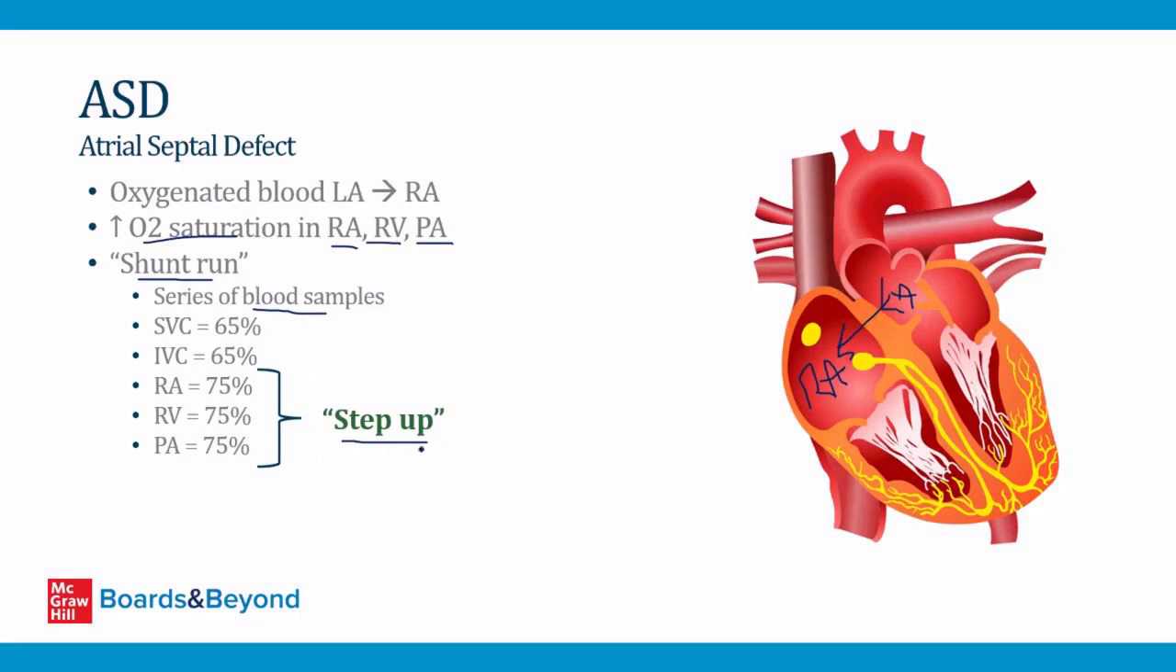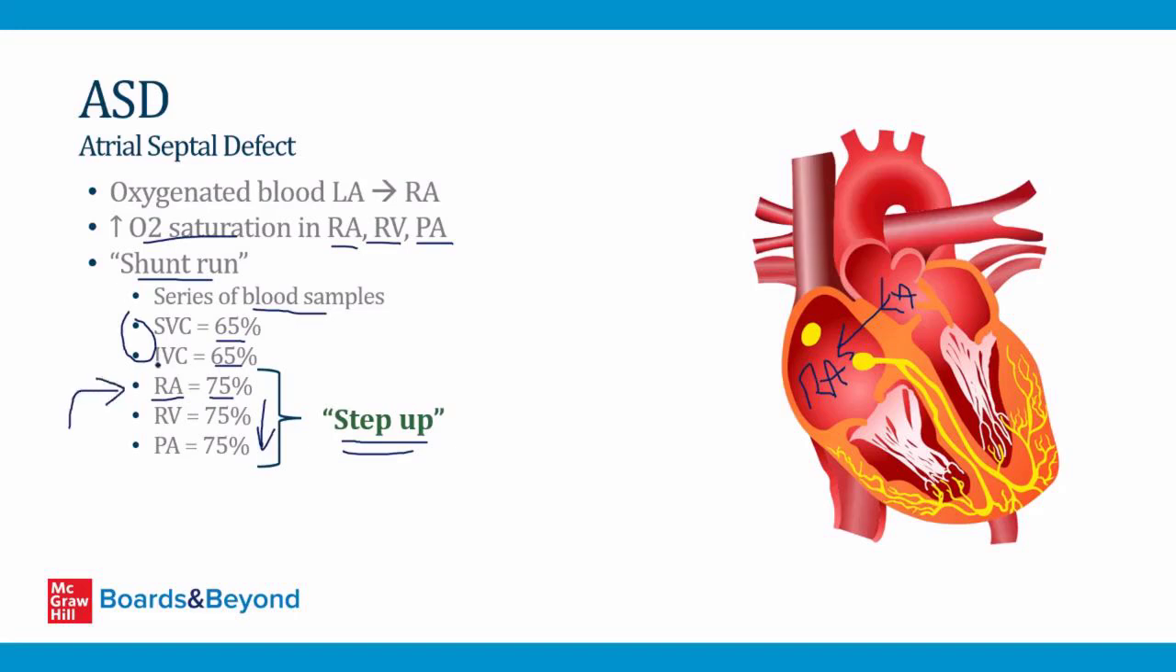So for example, in a child with an ASD, you could see an SVC, superior vena cava, saturation of 65%, and the same thing in the IVC. These are normal levels for oxygen saturation in venous blood. But then when you move to the right atrium, suddenly the oxygen level climbs up to 75% and it stays that high going forward. This is called a step up, and this is telling you that there's some abnormal communication